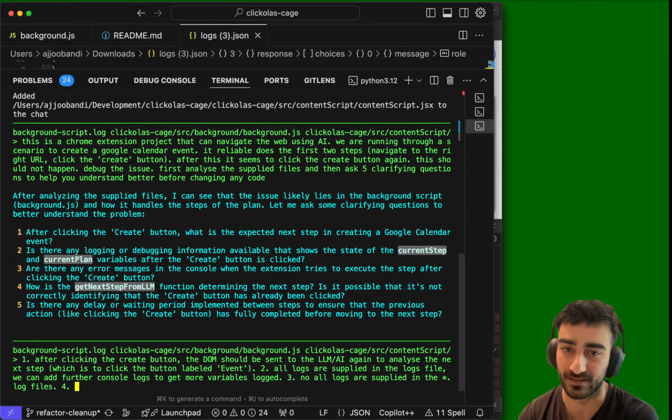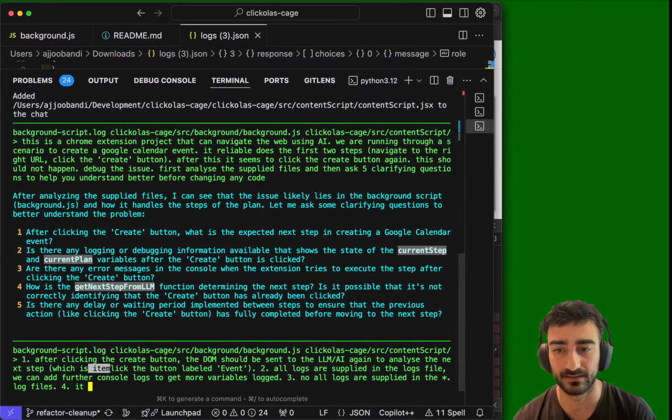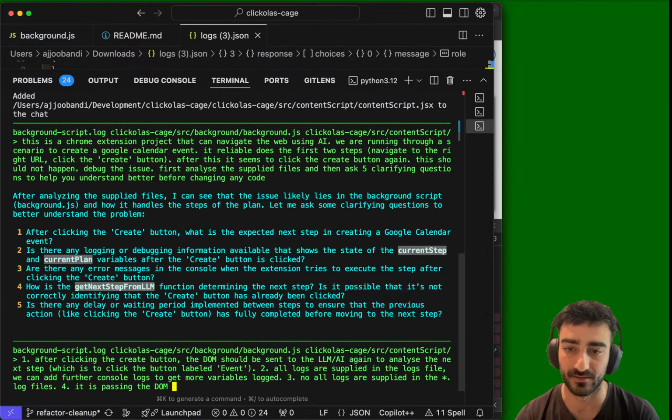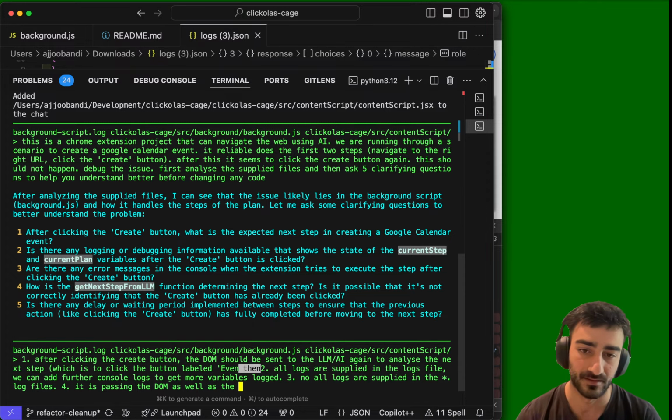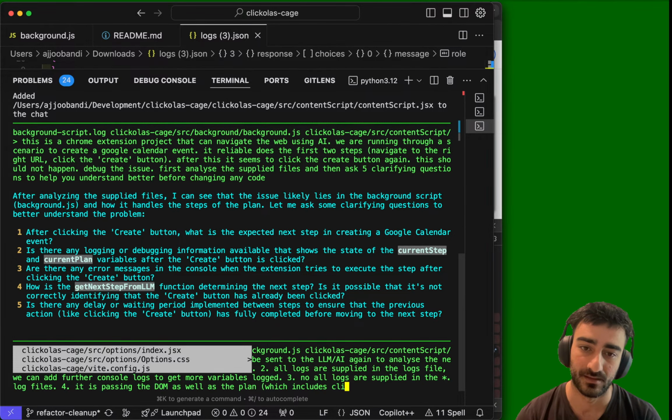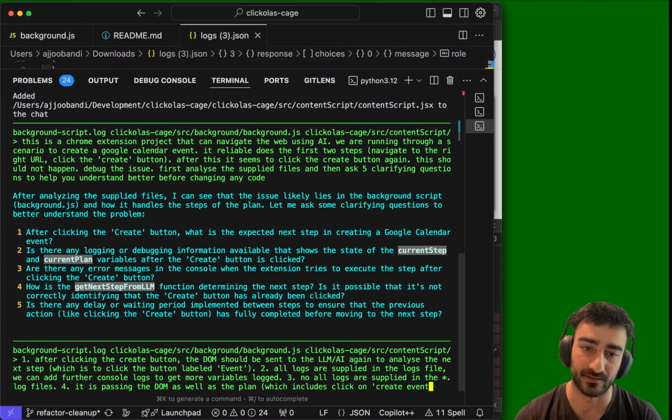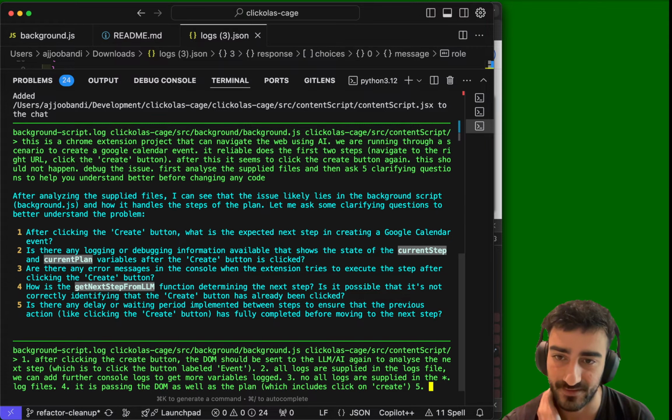It's possible that it's not correctly identifying the create button has already been clicked. It is passing the DOM as well as the plan, which includes click on create event. And 5, is there any delay or waiting time between the implemented steps to ensure